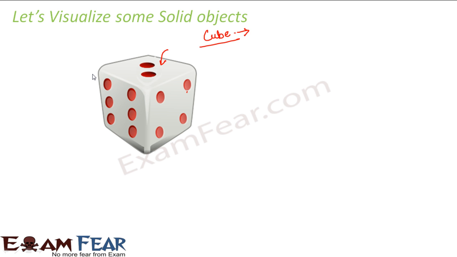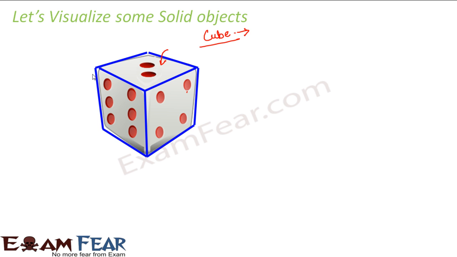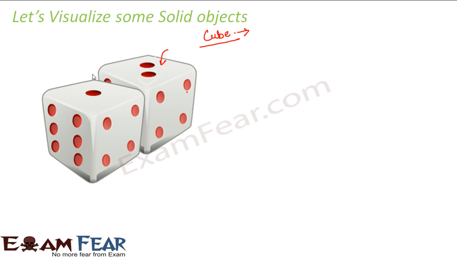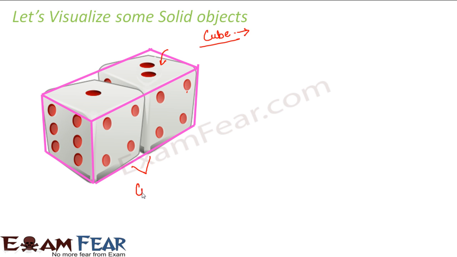Now, when you look at one dice, it is a cube. Now if you bring another dice and place it just behind the first one, that means you place 2 dice one after another, what do you get? What is the shape now? This is nothing but a cuboid. So 2 dice together make a cuboid. Why cuboid? Because now you have a rectangular face. The length and breadth are not equal, therefore this is a rectangle, and as a result the entire object is a cuboid.